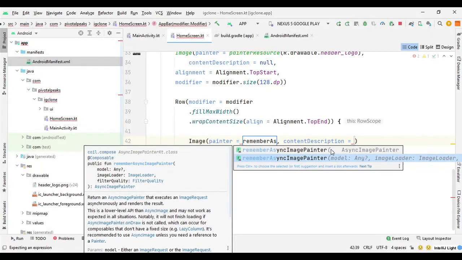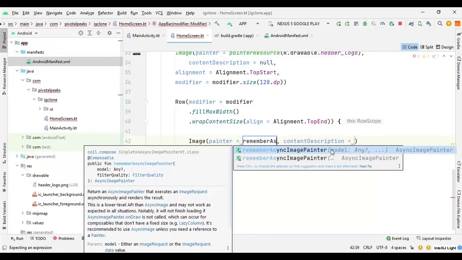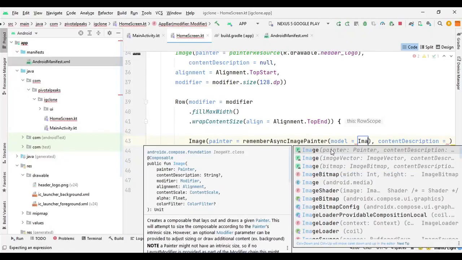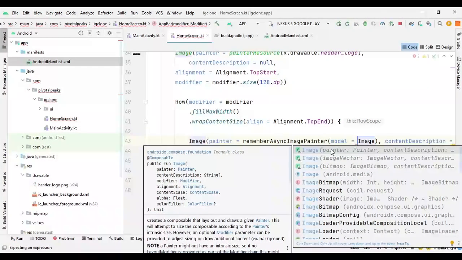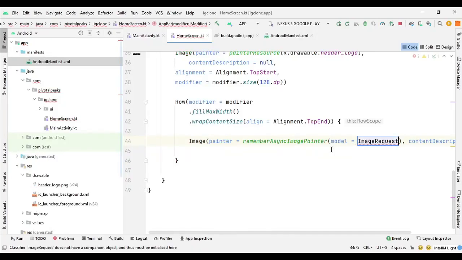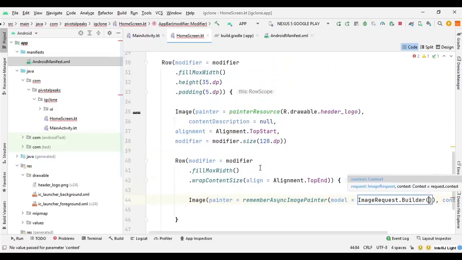We can select the first function here with model and filter quality, and here we need to provide a model for it. So for model we can say ImageRequest, which is from coil.request. So we can say ImageRequest.Builder, and here we need to pass the current context. So to do that we need to declare a variable for context.